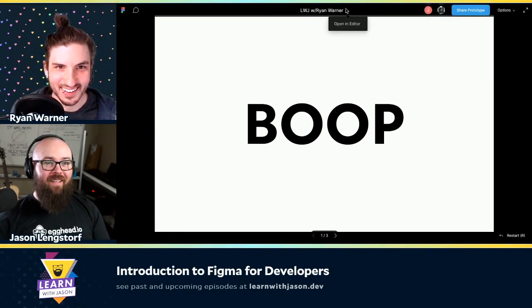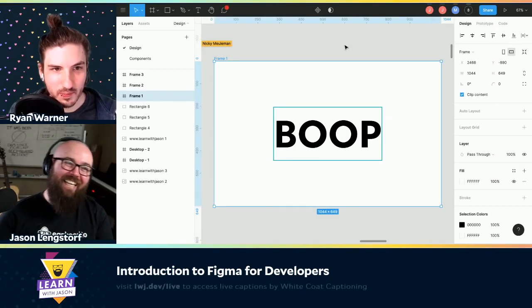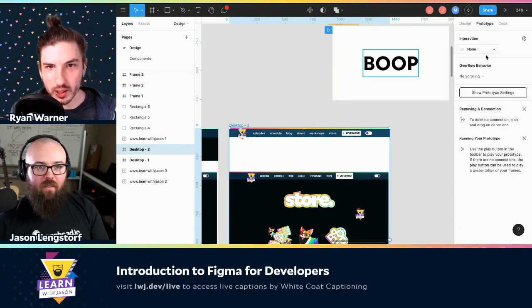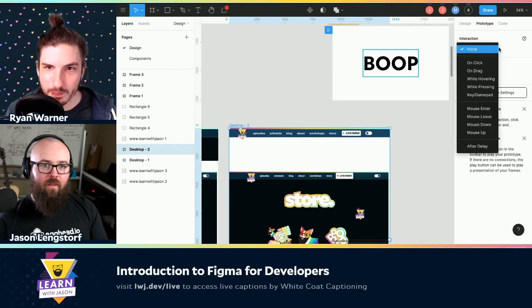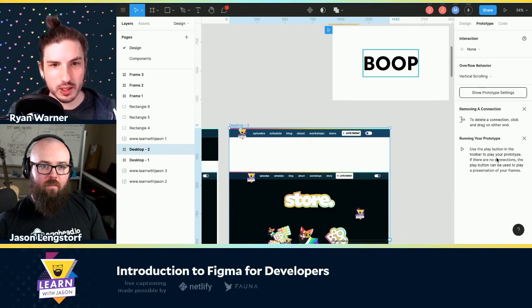What have I done? Okay, open an editor. That's what I need. Open an editor. Yeah, there we go. Okay, so first, select the frame. I need to be before we go into present mode. Prototype. We need vertical scrolling, and then what? Oh, good point. I think we can go to present mode now.